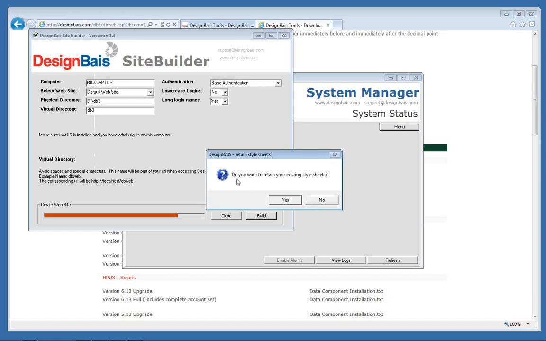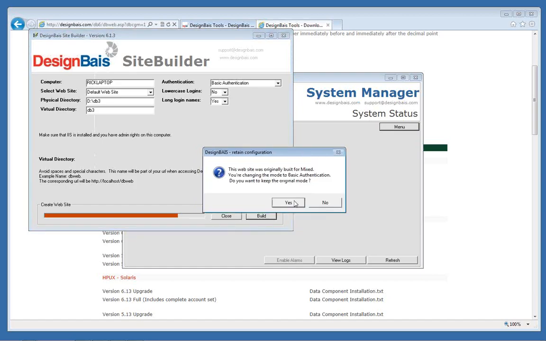now it'll come back and say, do you want to retain your existing style sheets? In other words, copy it from the original site and move it into this site. So I want to say yes to that. Do you want to retain your existing images? So any images you loaded on that web server, do you want to bring them over to the new site? Yes. Do you want to retain your existing configuration file? However you configured DesignBase in System Manager, do you want to retain that? If I say yes there,